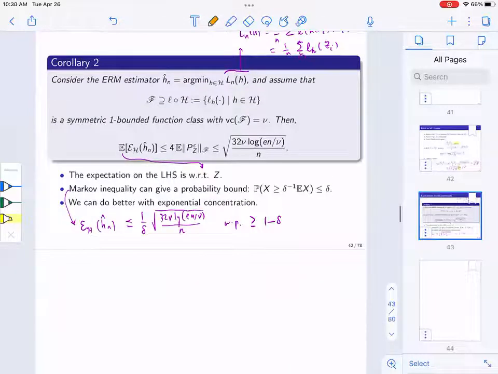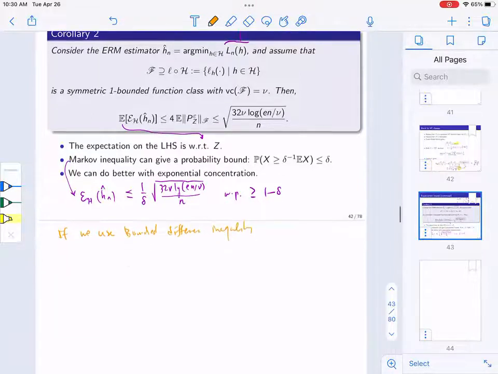If you use the bounded difference inequality, we get, with probability bigger than 1 minus e to the negative n alpha squared over 2b squared, and I'm going to assume that b is 1, so a 1-bounded loss, I would have the probability that